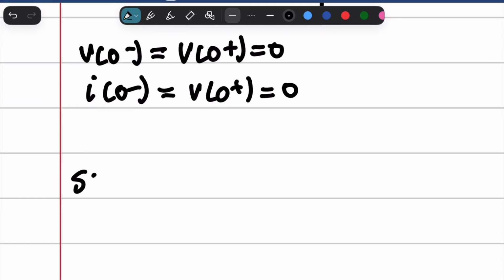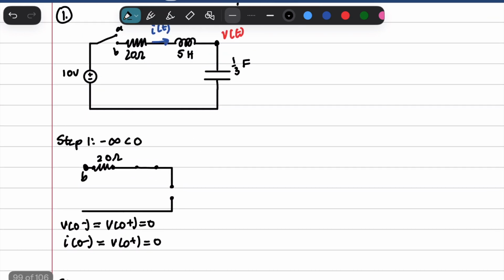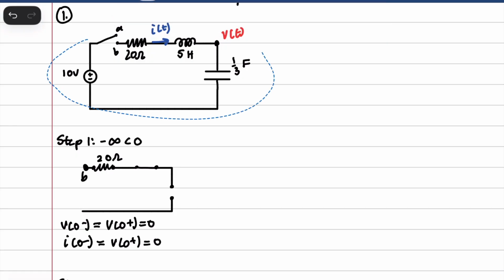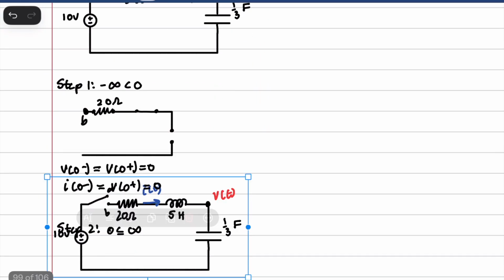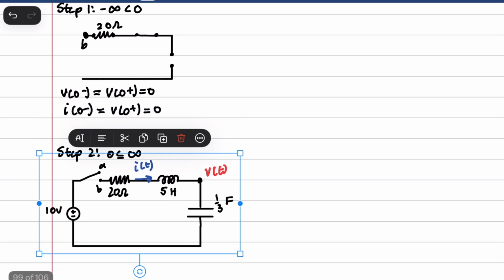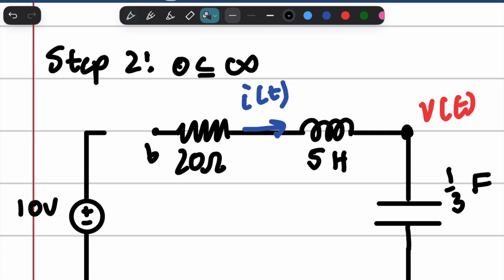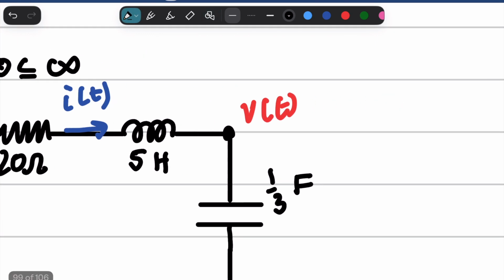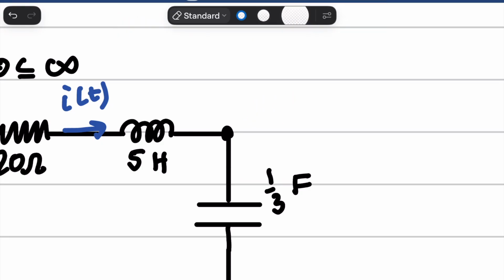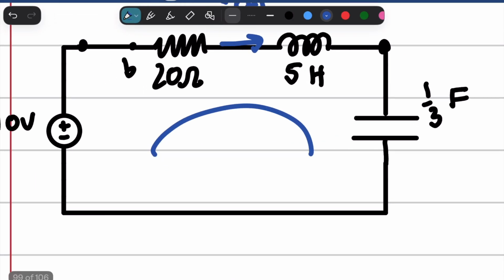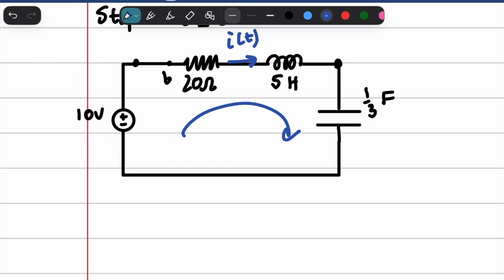So let's go ahead and do our positive portion of the analysis. And this time everything is on. So we're simply just going to copy this down and take this off, and we are at this position right here. Now I'm going to ignore the voltage right now because I want to find the current, because it seems like it's the easiest thing to find first because this is a loop. So let's go ahead and